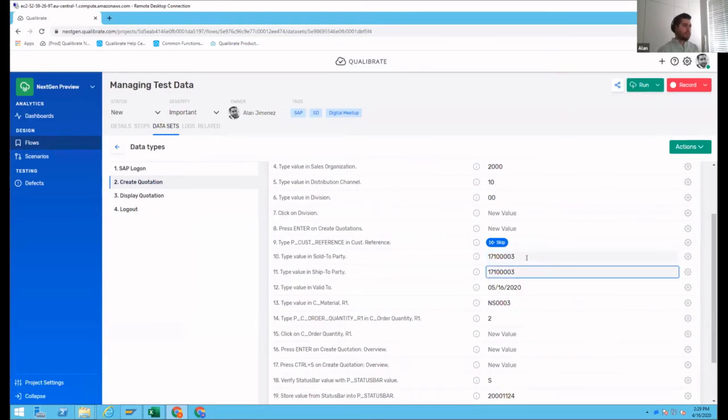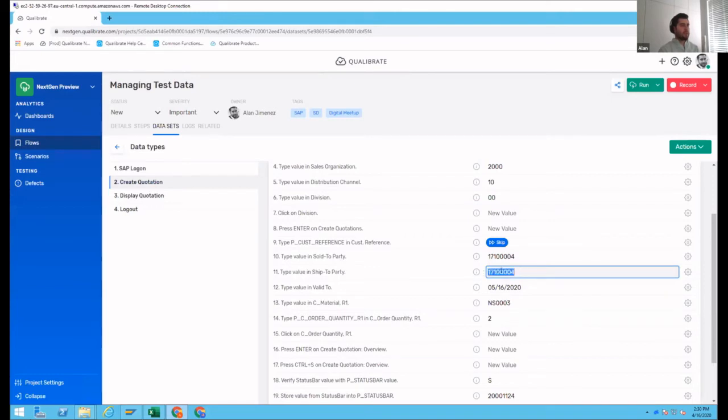Now, here you can see we have another use case, because in this case, these two steps are basically talking about the same value. Let's imagine that for whatever reason, your process owner tells you, okay, the sold to party and the ship to party are always going to be the same. So you have the option either to maintain this manually. If I want to change it to 4, I can change it manually. Or you can also centralize the maintenance. Let's imagine that the sold to party is the guiding master data element that you will always have. And this one, you can basically reference back to the sold to party.